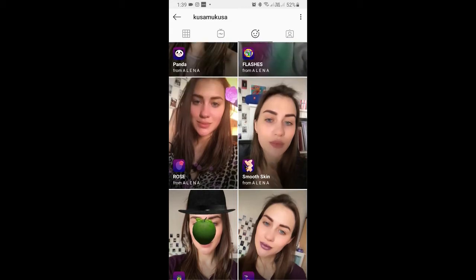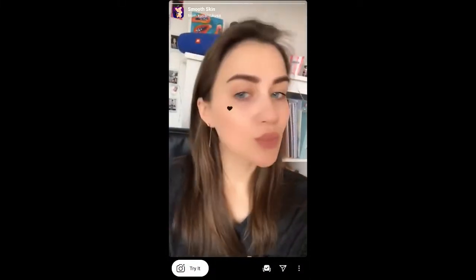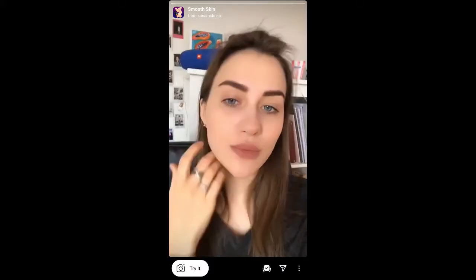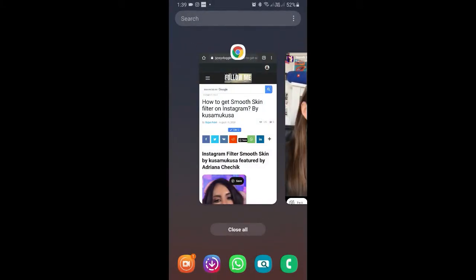So check in our filter gallery, and this is the filter, smooth skin. Tap on it and you will see this preview. From here you can save it to your Instagram camera tray and you can tap on try to try the filter. And suppose you are not getting the filter like this, then what you can do is visit this